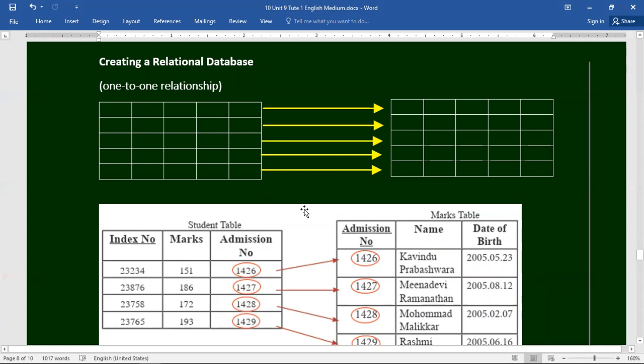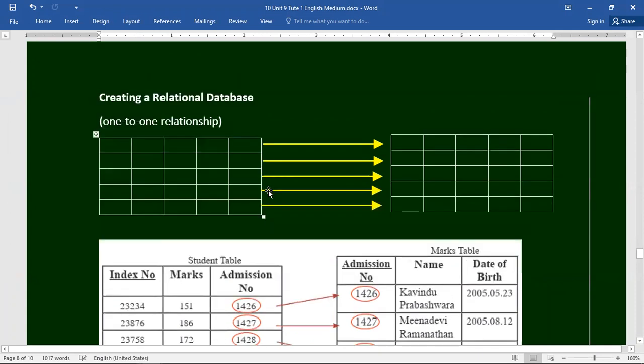Now we are going to use this diagram to understand what one-to-one relationships are. There are three types of relationships.